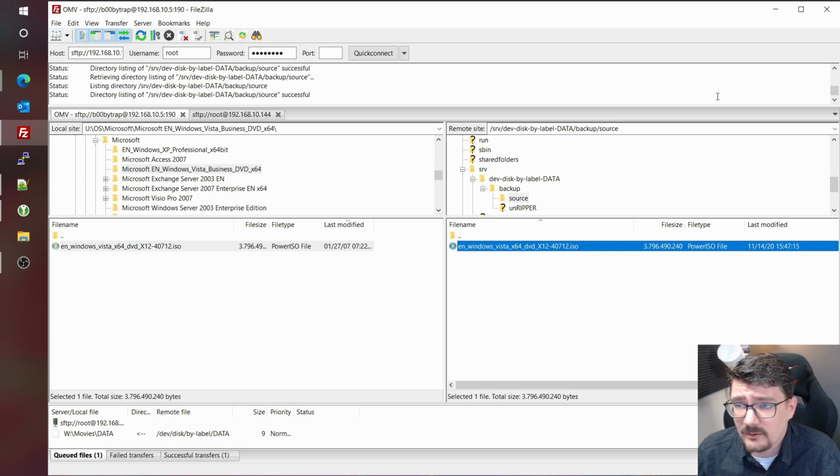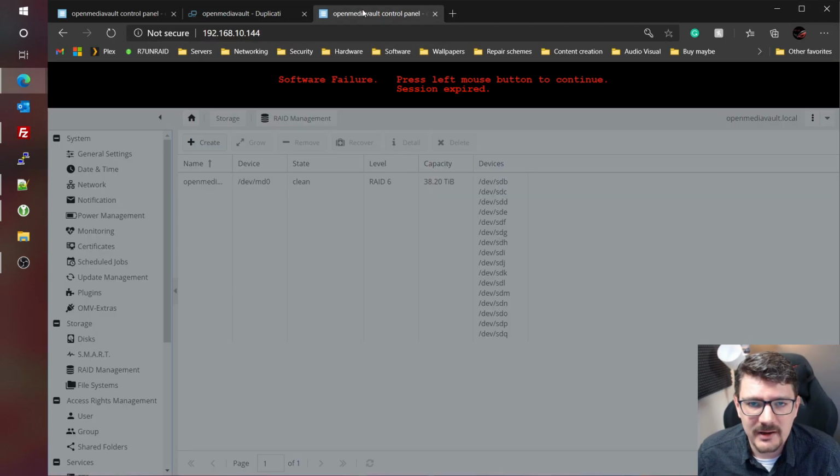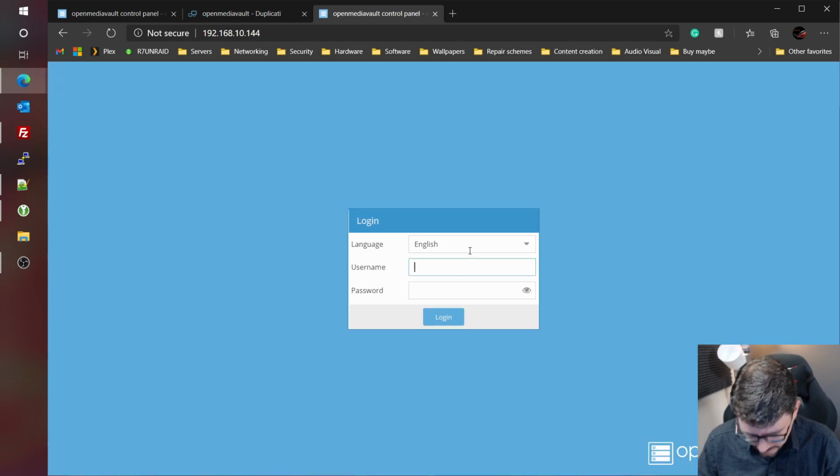3.7 gigabyte. So now that we have a backup and we have a working configuration, we have a server that is currently equipped with 16 hard drives, which are consuming quite a lot of power, to be honest. And it's only a backup server. It will not be used for anything else. So what I want to do for him next is put the server to sleep at a specific time, and wake it up at a specific time, do the backup, go to sleep again, wake up, do the backup, in that particular order. So for that we go to his OpenMediaVault instance, and we're gonna log in again, and